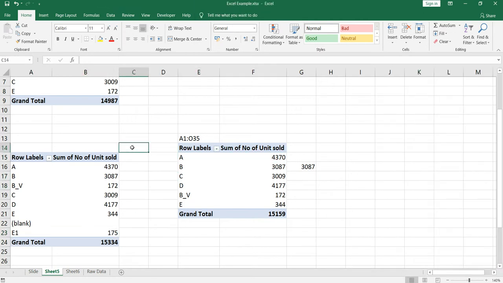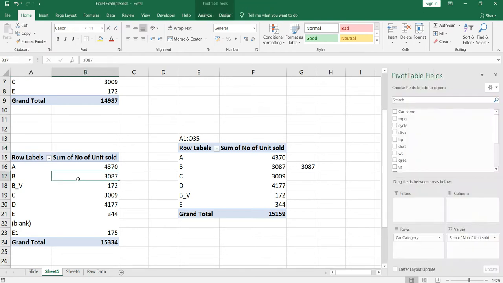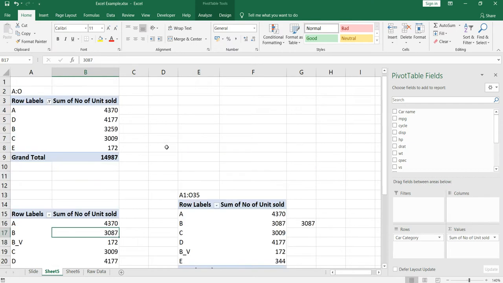When you know that your data source won't change and there would be no additional records in your data source, then you should use the absolute range while creating a pivot table. But if you are not sure whether your data will increase or decrease, then you should always use the entire columns while creating a pivot table. So that was the first thing for pivot tables. The second thing for pivot tables is what we can do with this.